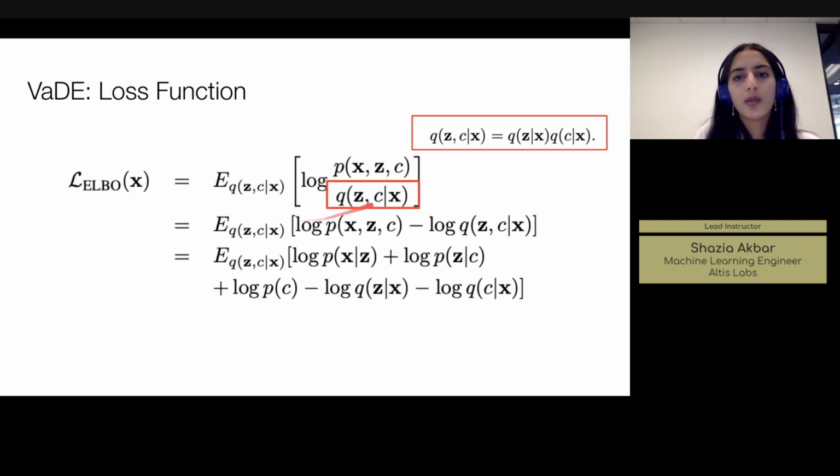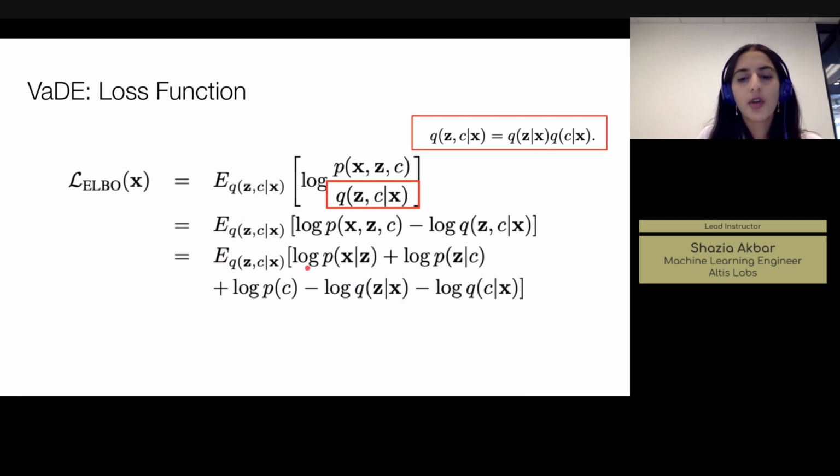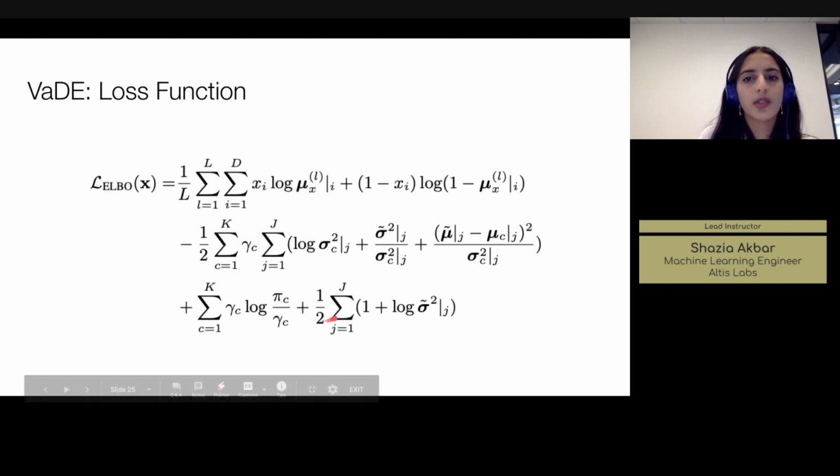So this term here, which I just described, has been expanded out by the authors, and the details are given within the paper itself. But a lot of terms here, like the probability of X given Z, the log likelihood of Z given X, are things that you would normally have within a variational autoencoder. The additions are the encodings given the cluster that has been selected from the Gaussian mixture model and the probability of that cluster as well. So all of these together make up the ELBO term, and it's all conditioned on the cluster that has been selected. So the authors take this one step further and expand this out to